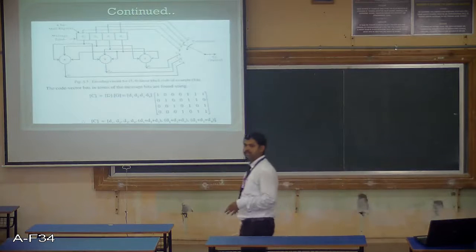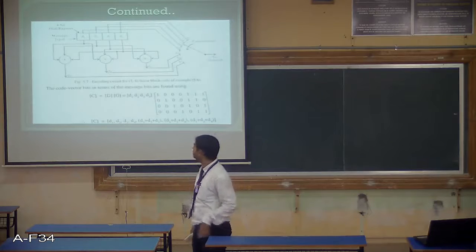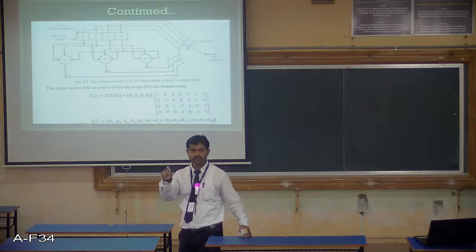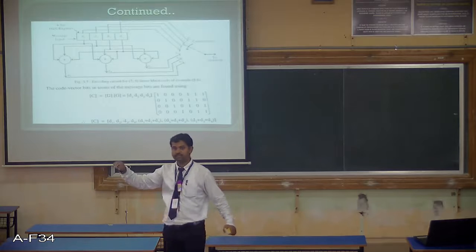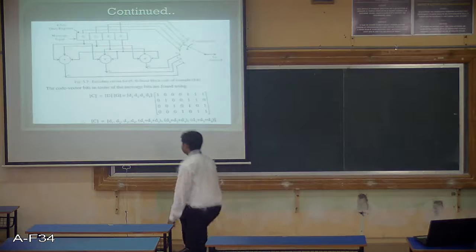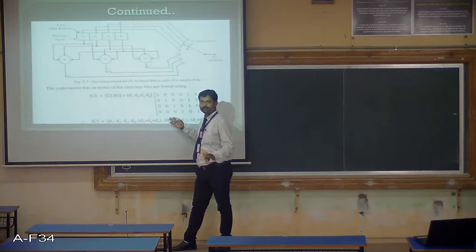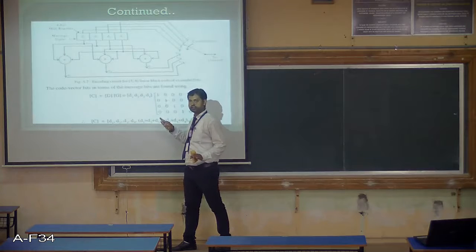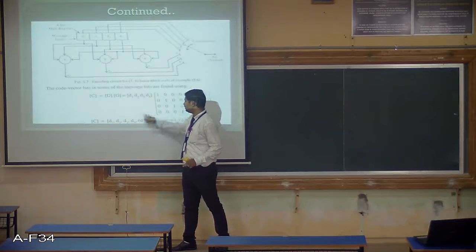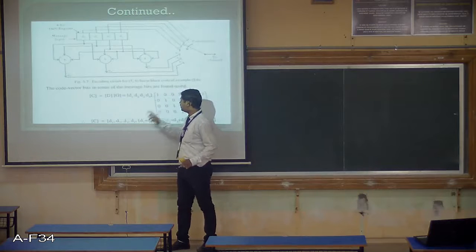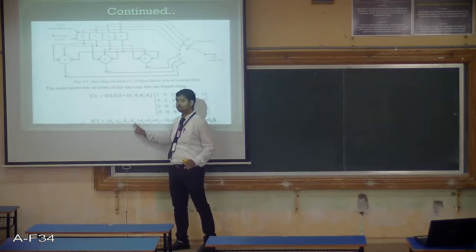Next, you need to draw the encoding circuit. It's very simple. Take the general data, since it is 4 bits, D1, D2, D3, D4. Keep your G as it is and just multiply it. So you will get equations like this. To draw the encoding circuit, it's the best idea. You take the general representation of data and keep your G as it is. So D1 into 1 is D1, this is the first bit of your code vector. D2 into 1 is D2. D3 into 1, D3. D4 into 1, D4.